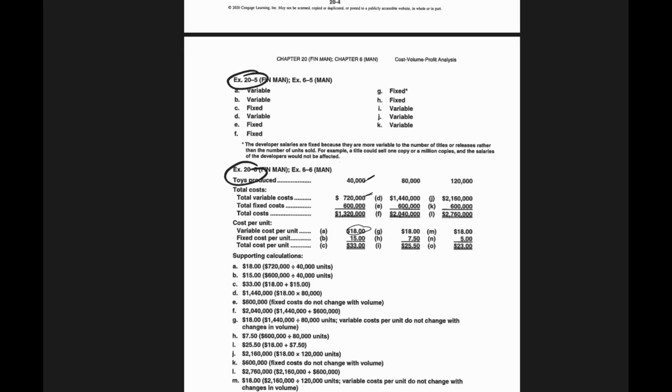Letter B, what's the fixed cost? Well, the 600,000 divided by 40,000 is 15, and the summation is 33. Would it not be fair to say that since this is fixed cost here, we can just stick that in there right away? Now, how do we get to the variable costs here for 80,000? For 80,000, all we have to do is take the 18 times the 80,000 units,